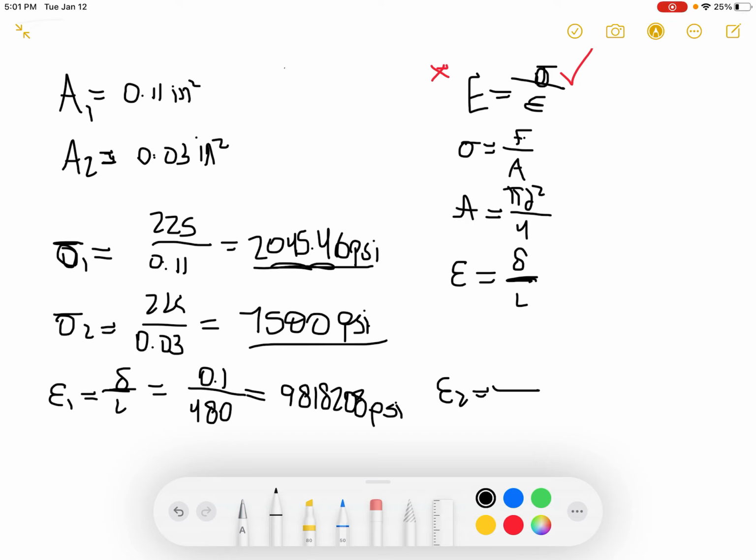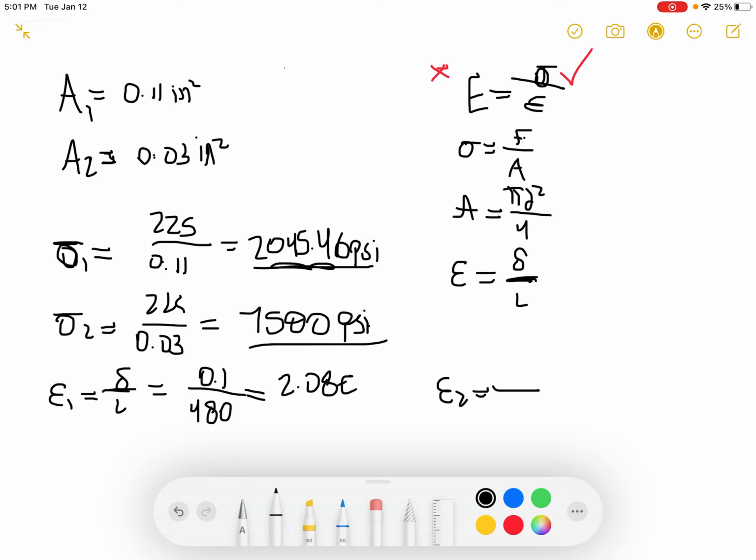Oh, I apologize. I accidentally just gave away the answer. I looked at the wrong thing. I knew that was confusing. I wondered why that was there. I messed up earlier. There's no unit for the strain. There is a unit for the elongation, which is inches. Confusing myself. So, I looked at the wrong thing. Actually, 0.1 divided by 480 is